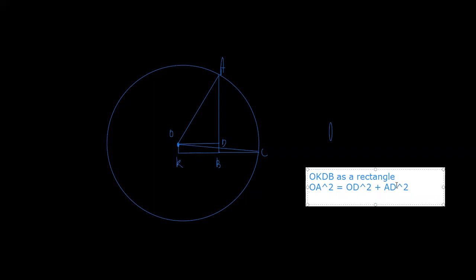And similarly for OC square you will find OC square equal to EC squared, sorry, KC squared plus OK square. So this is a rectangle. So OK square, you will get OK, right? So these are the two results you will get from applying Pythagoras theorem.